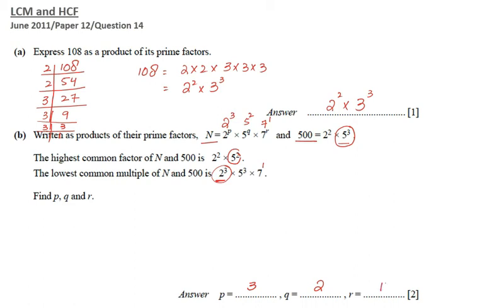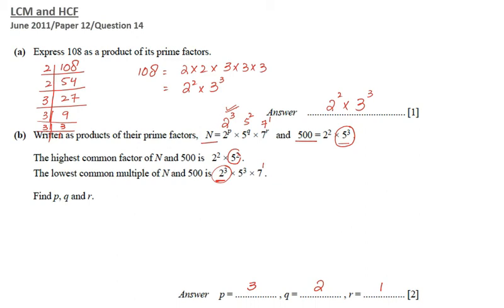So I am repeating: when we are taking the power of 2, the highest common factor is 2 square, so one of the numbers must be having 2 square. And in LCM we are having 2 cube, so one of the numbers must be having 2 cube. So definitely we will take 2 square common. If here we are having 2 cube, then we can take 2 square common from both, and in LCM we will write 2 cube. So the value of p is 3.